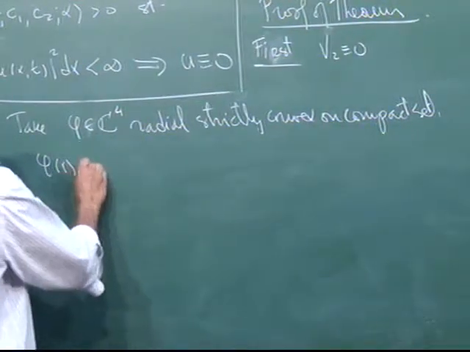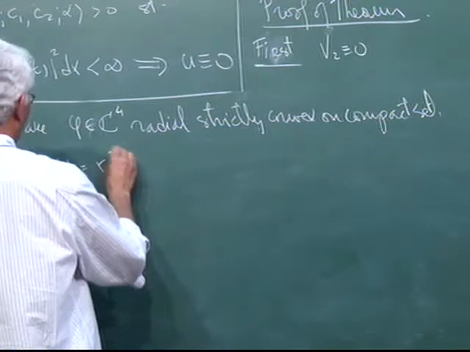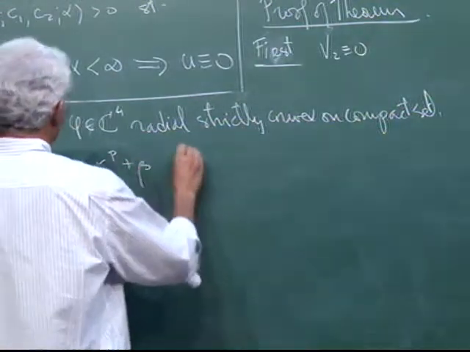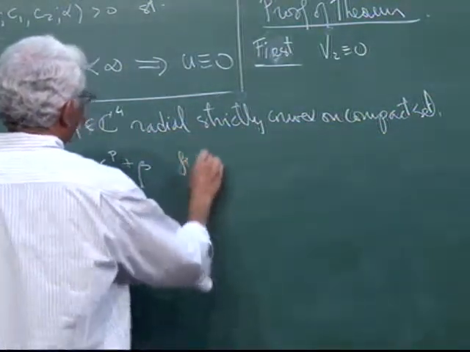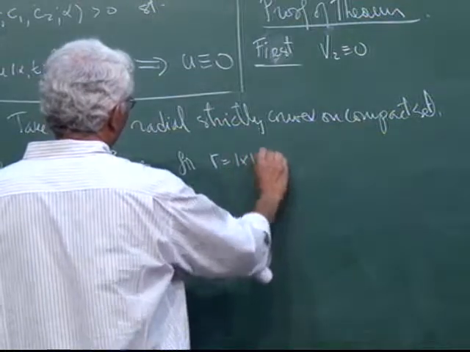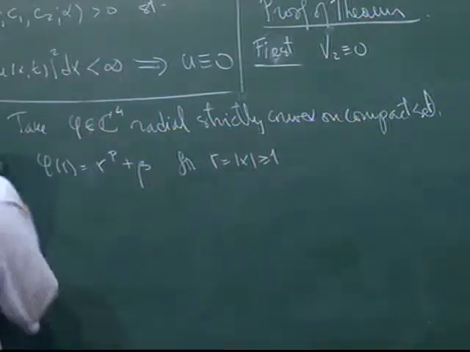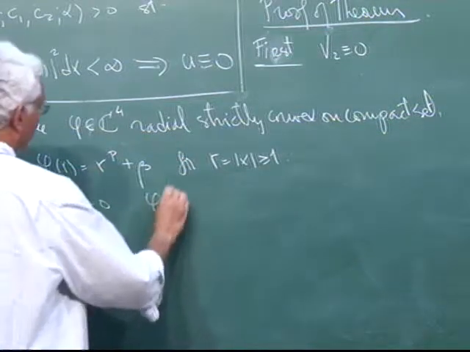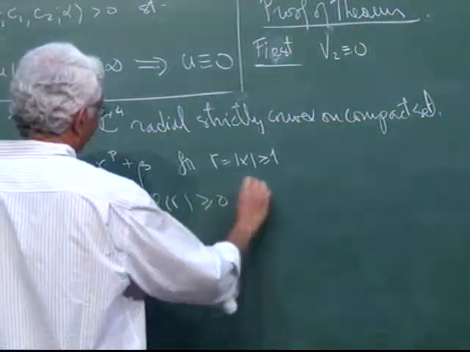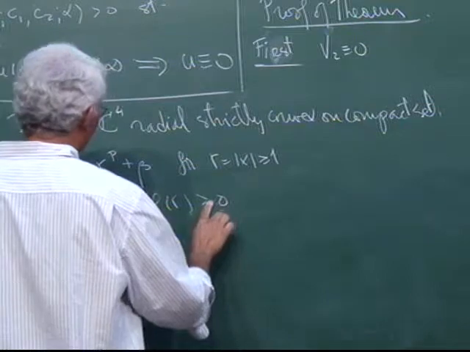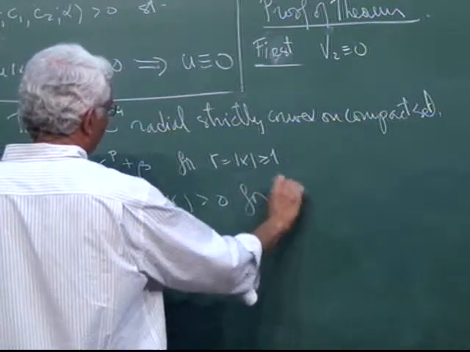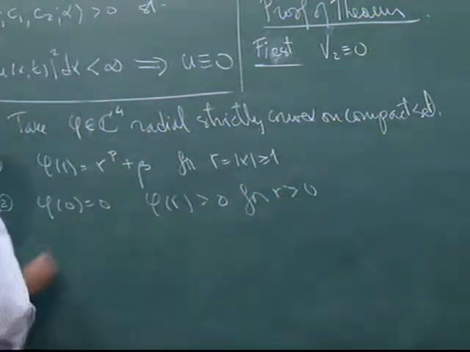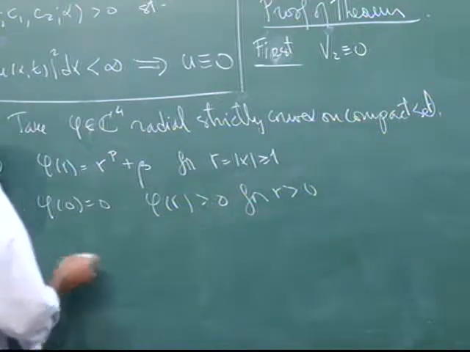Phi of r is equal to r to the power p plus beta for r equal to the absolute value of x larger than 1. Is 0 at 0, is always positive except in 0, and is bounded by